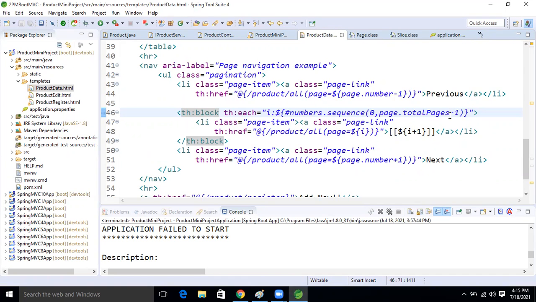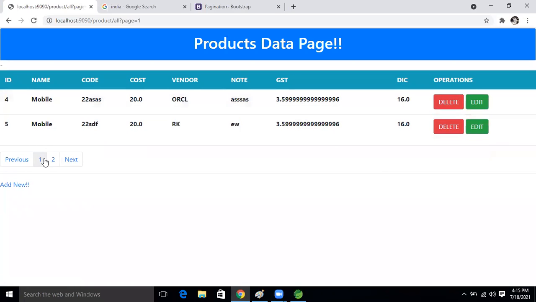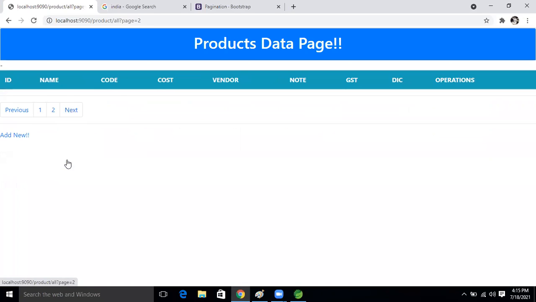Ravi, correct. Okay, so see, come here, right? See this two dynamically. What is that? Two, right? One and two pages are there, right? On the second, three records are there, right? Second page. After that, nothing is there, guys. Don't worry. I will stop this one.